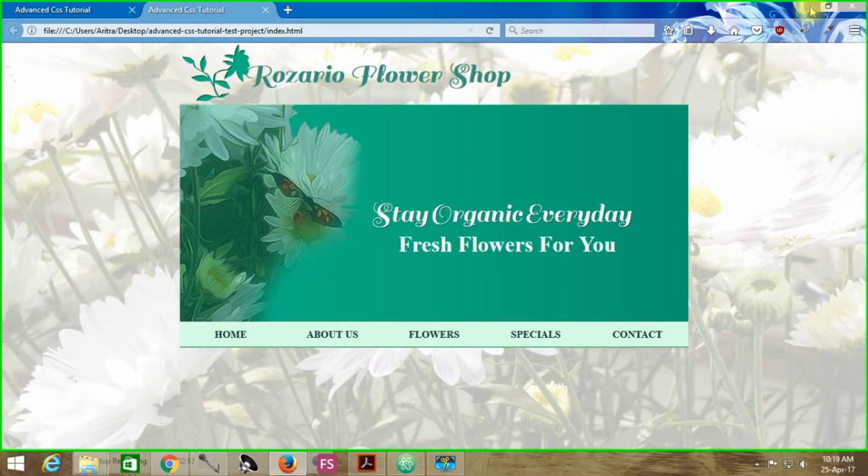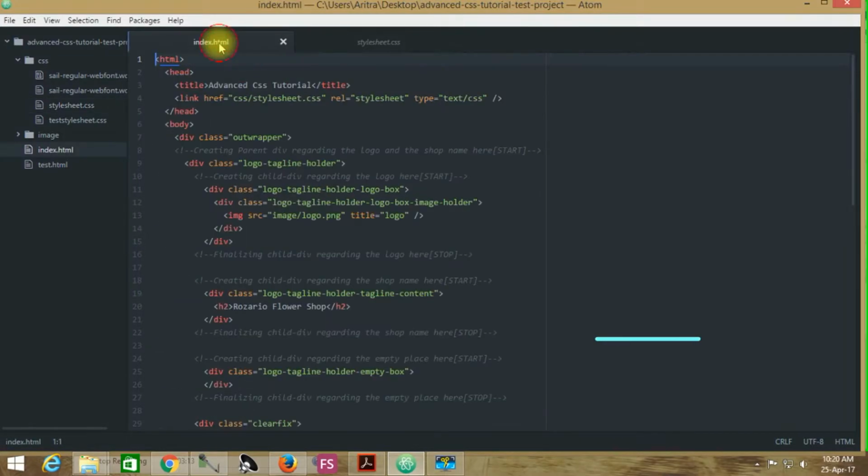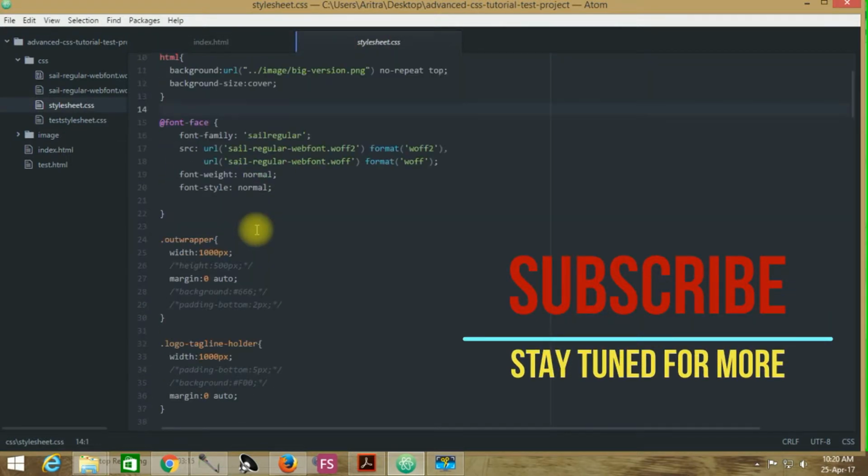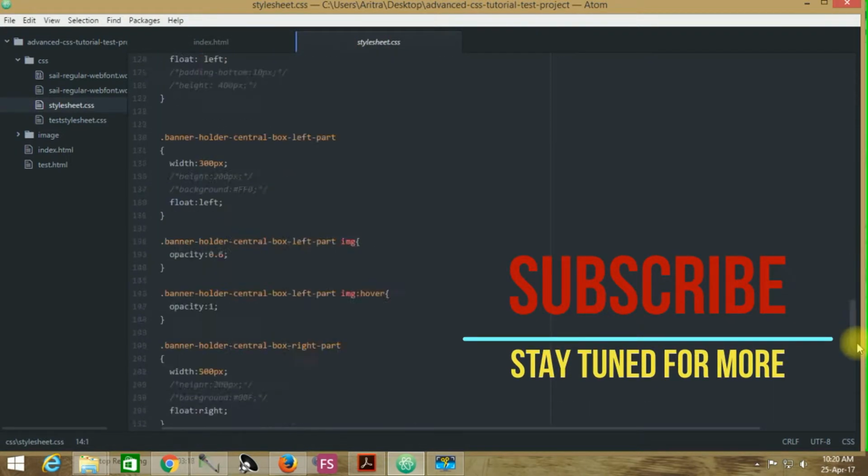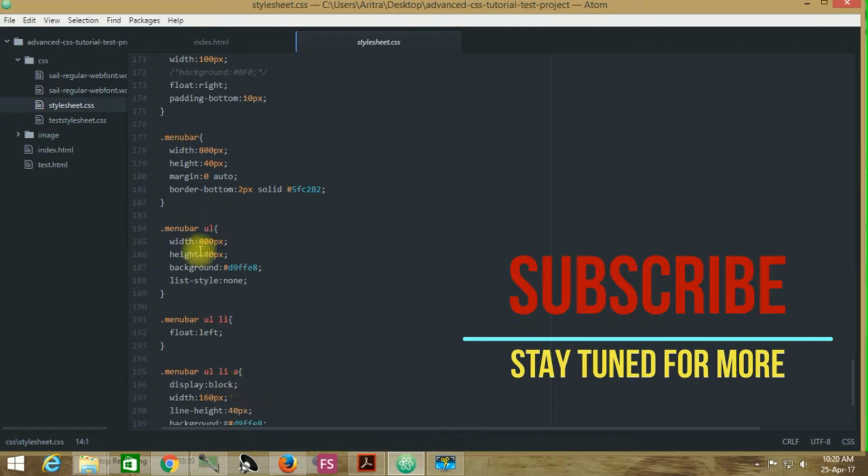To understand this, let's get back to our index.html of our project that we were previously building on, and let's concentrate on this navigation menu page. Today we will be observing how to select any child element inside this menu bar, in order to change its properties from its previous position. The first thing that we are going to do here is change the background properties of the menu bar item.